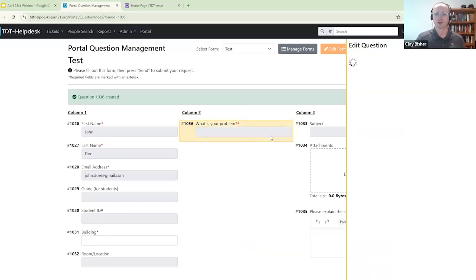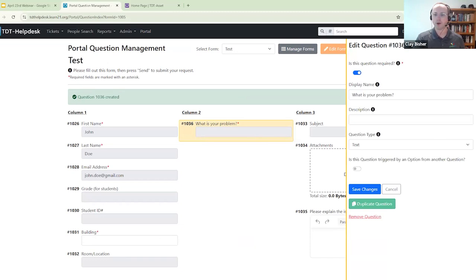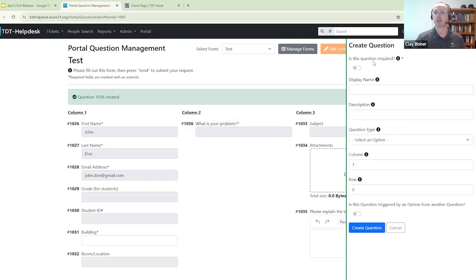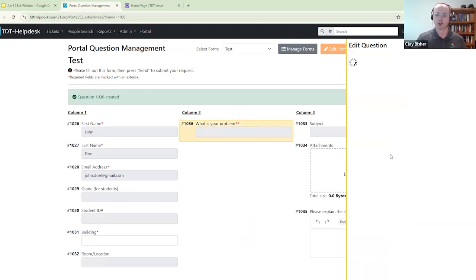Once a question is created though, you can also add child questions, and this can be really good, especially if you're going to have forms that have a lot of different questions and you want to reduce some of the clutter. We can make it to where certain questions will only populate based on what an end user selects. So for example, if I was to just edit this question and make it a checkbox,